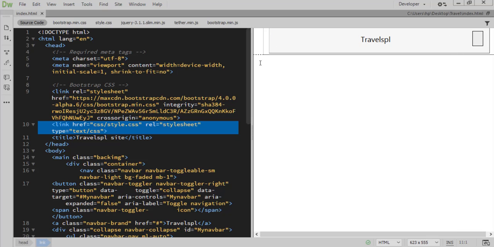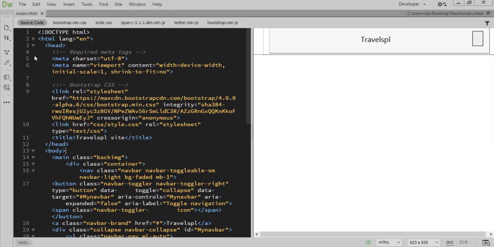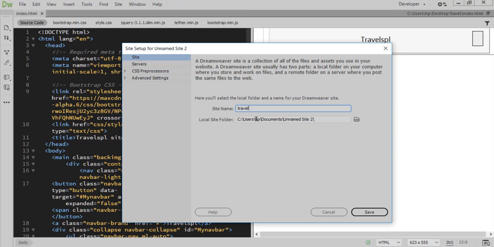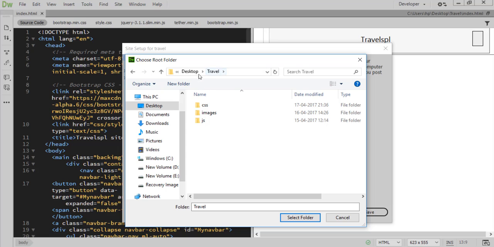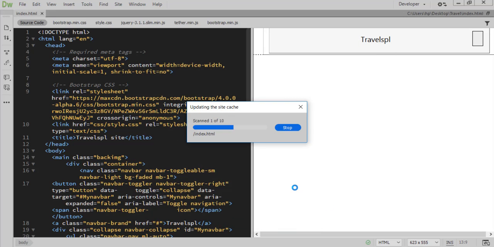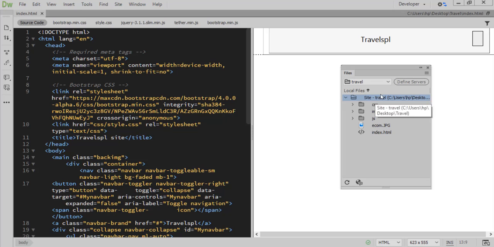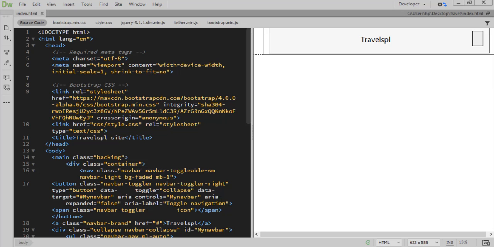Let's close this. Now having attached the style sheet, let's save it, and the next thing that we need to do is save this site. For saving the site, let's come to Site, select New Site, and here we name it travel, and then select the folder. You select the folder travel, and here it says select folder, and then save. Now Dreamweaver will save the files and folders in the site named travel. So let's close this. Now that being done,